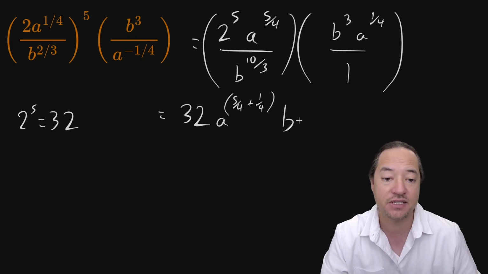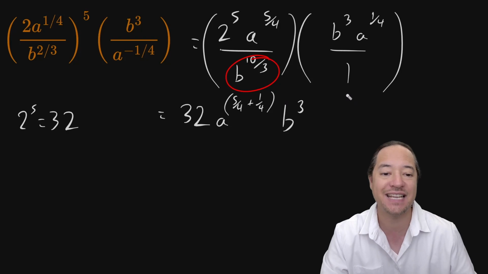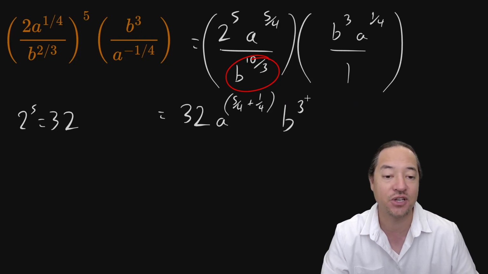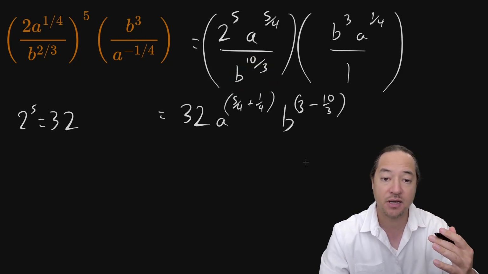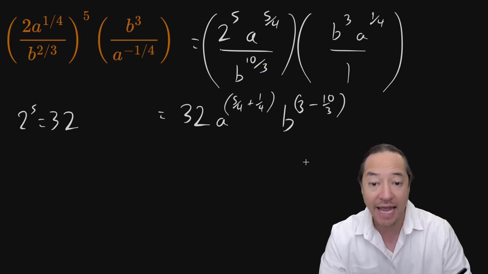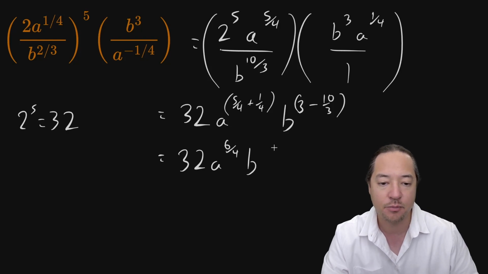And now I have a b. Okay, so let's write down this b. Essentially I have a b cubed, and I have to subtract the 10/3 because I'm dividing here, right? So this is going to be a 3 minus 10/3 like that. Okay, so this is the next step. Let's actually add these exponents together here. So 32a to the, well, this will be a 6/4, and b, well, I can think of this as a